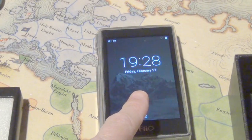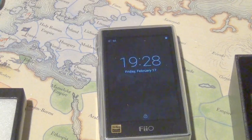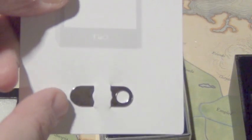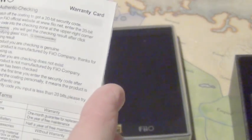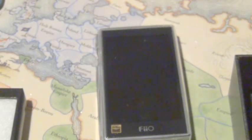And that took, what, probably 1 minute to get going. Well, everything else inside the box. There's your key that you would use to unlock the SD card slot. A little warranty card, which you'd fill out, and then all that in all sorts of different languages. Directions on what to do. You can see right there, it tells you how to just pop it in and take those out. Also in the box,